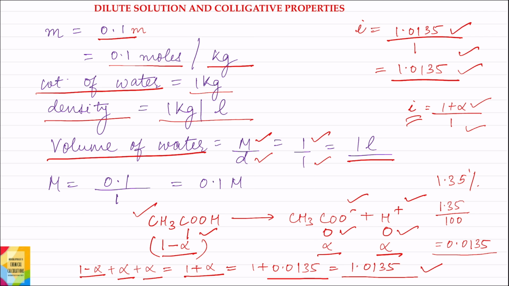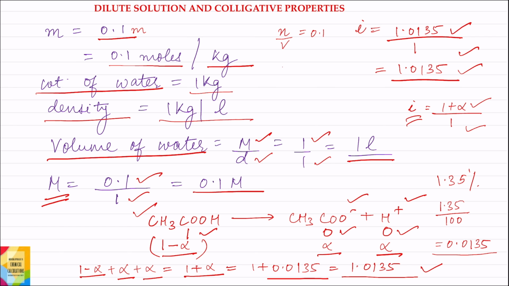Now since amount of solute present in the solution is very less, the volume of solvent and volume of solution can be taken as same, that is 1 liter, and the molarity of the solution becomes 0.1, that is number of moles, divided by volume of solution in liters, that is 1 liter, and this is equal to 0.1 m. Therefore, while calculating osmotic pressure, the value of n by V can be taken as 0.1,